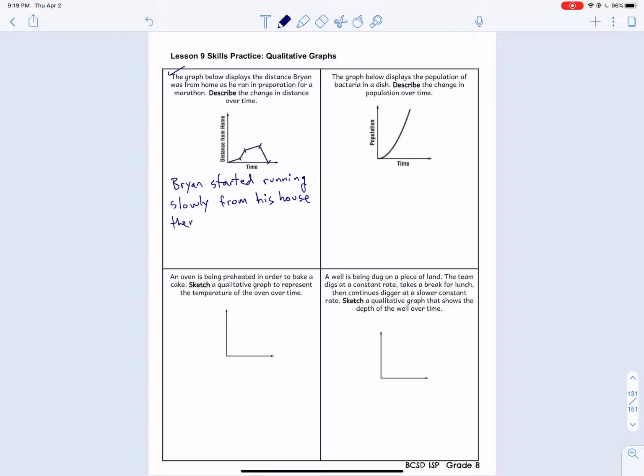Then the slope changed very quickly, and it's fairly steep. So then he ran quickly. Okay, so that's this part. So he started running slowly from his house, then ran quickly, then slowed down,